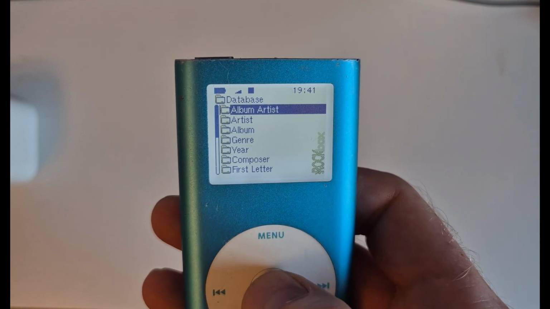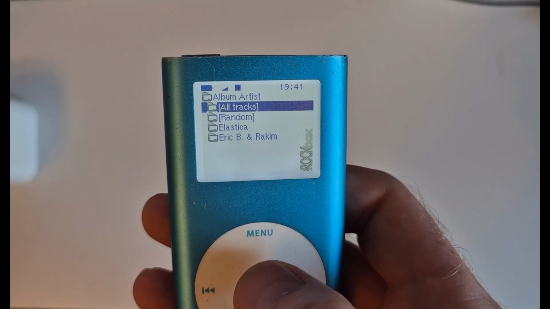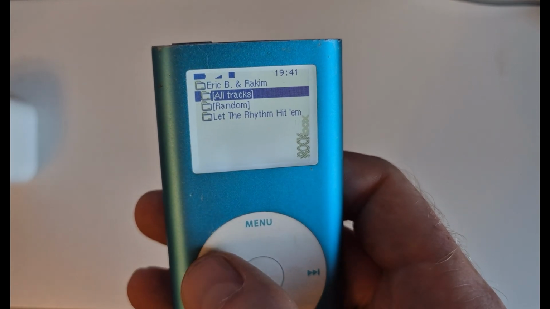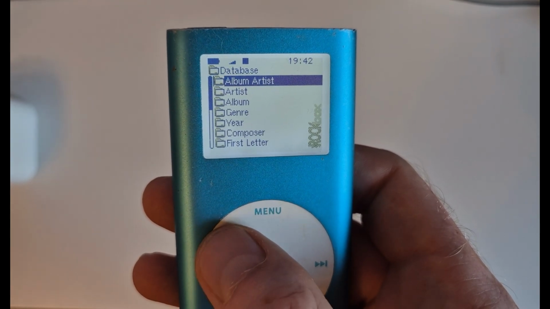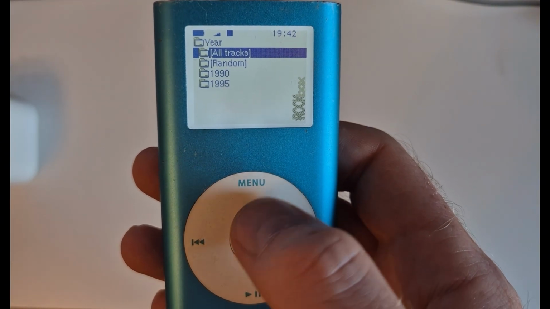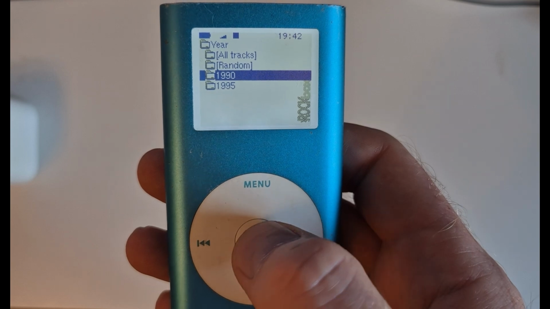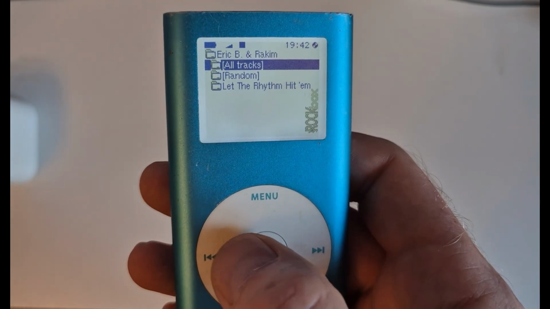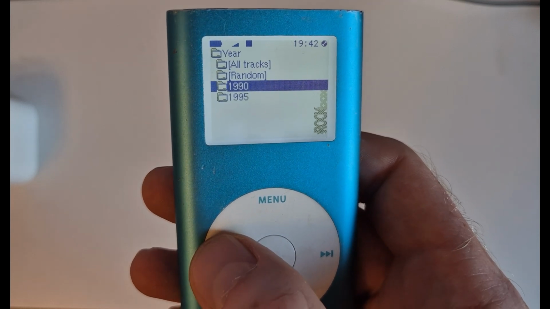So here we go. So you can search by artist. Here we go. Or maybe it has the year. Okay, so we can search by 1990, Eric B. and Rakim, that one album,